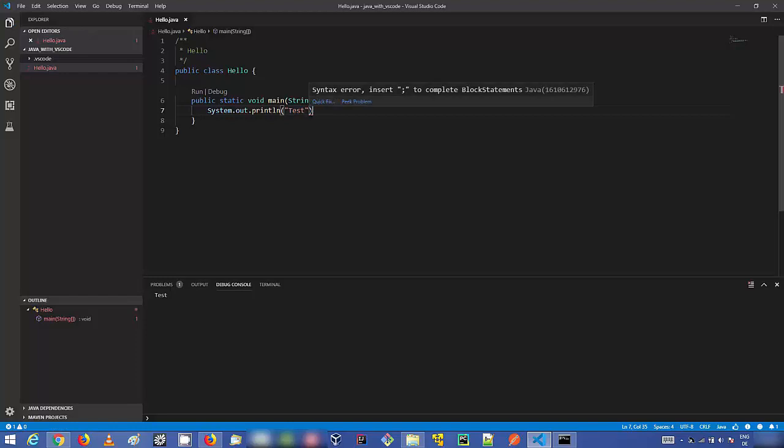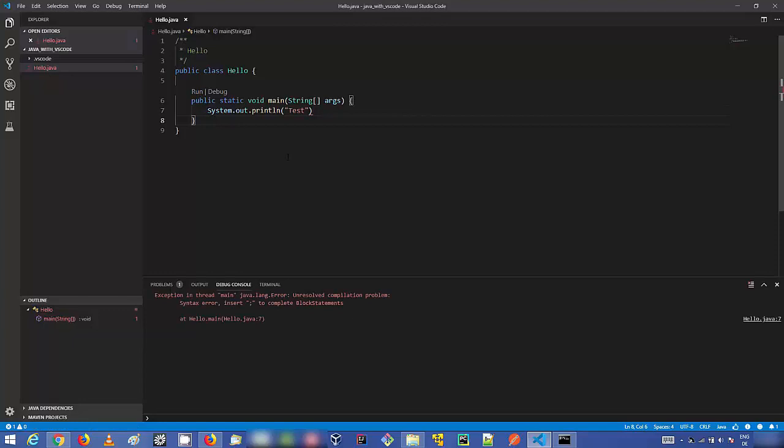Directly you can see this red squiggly line which is going to warn you that there is some problem in your code. And let's say I'm going to run this code again, and it's going to build your code, and it's going to show the compilation error, because we missed this semicolon after this line of code. So you can see these warnings or compilation problems if you have any in your terminal here in the debug console. You can also debug your code by this option.